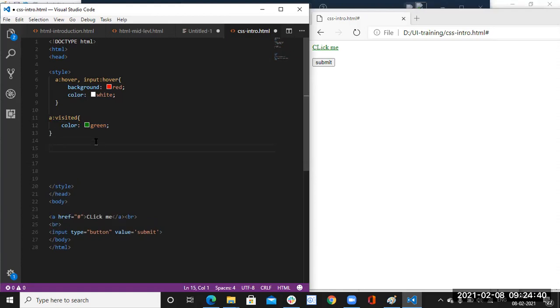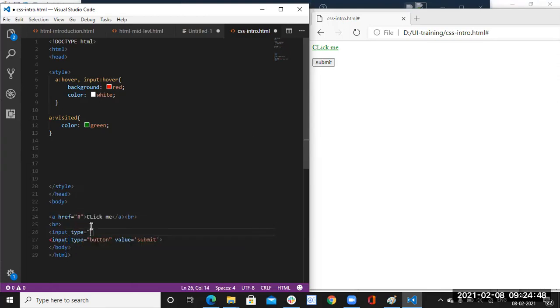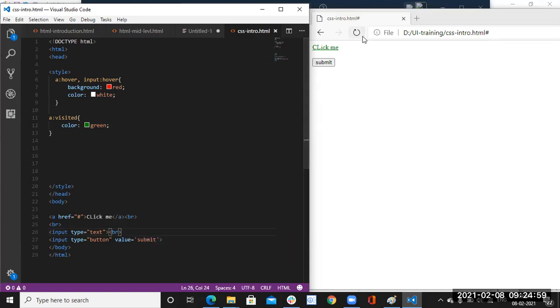Now focus. Okay, this is also input only, right? Input type called text means, because of that, we are getting the input background color.